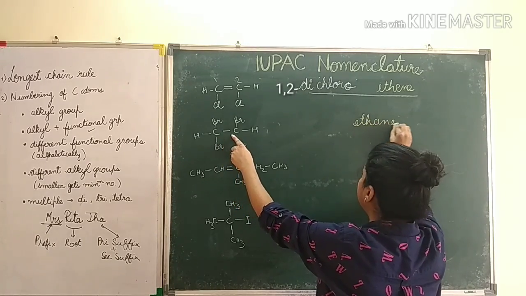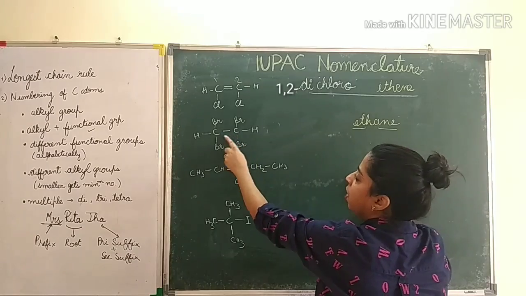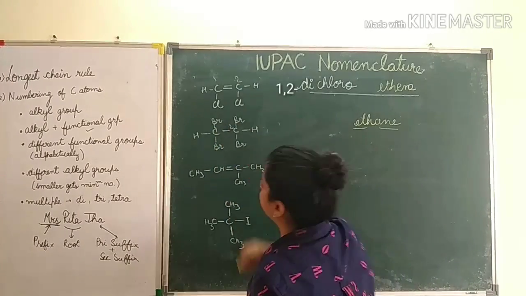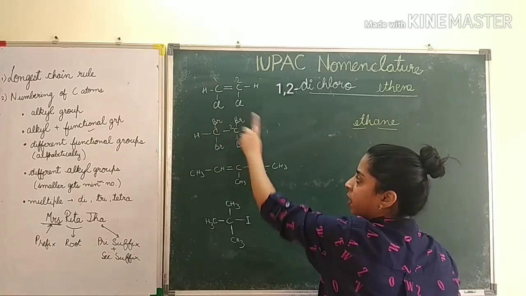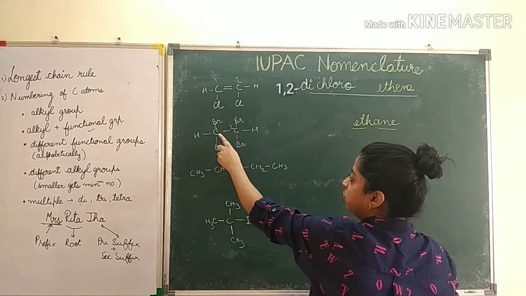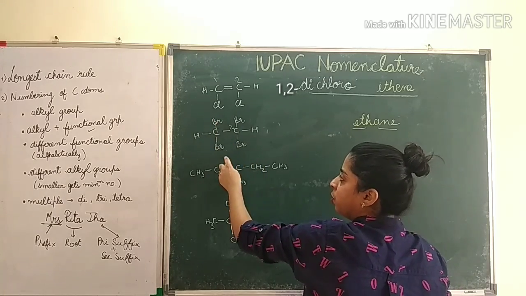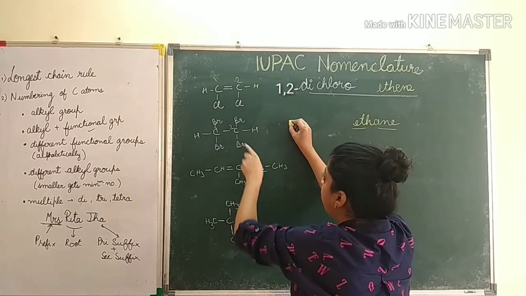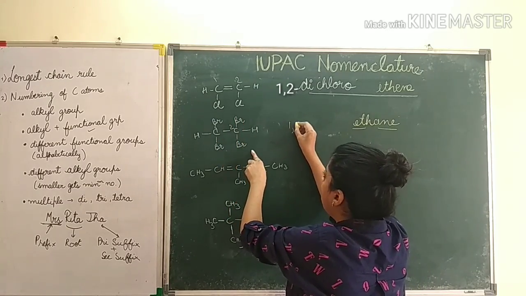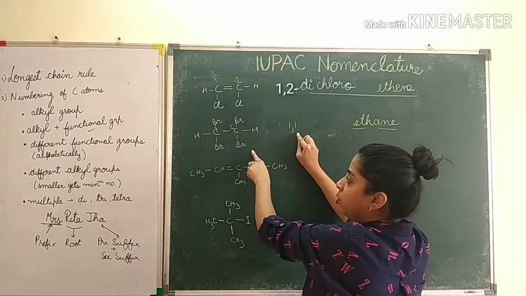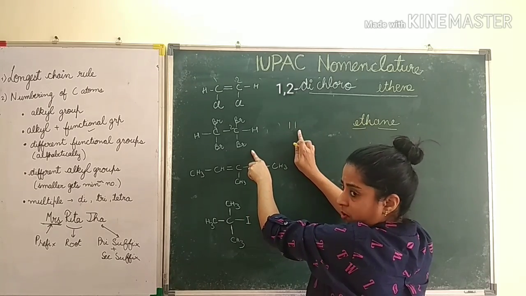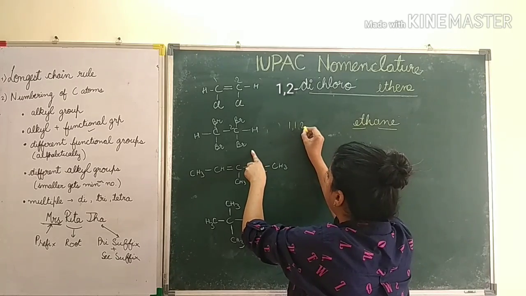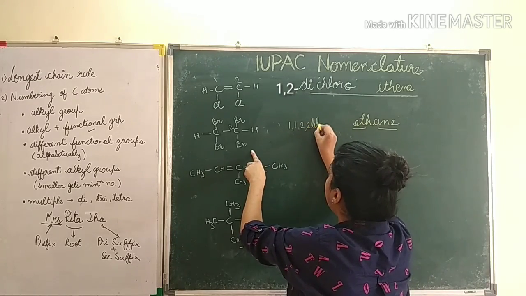So ethane, eth and ane. Now, if I number it 1, 2, there are 4 bromine atoms at different positions. At position 1 there are 2, and at position 2 again there are 2. The total is 4. So we can write 1,1 because at position 1 two bromines are there. So 1,1,2,2-tetrabromo